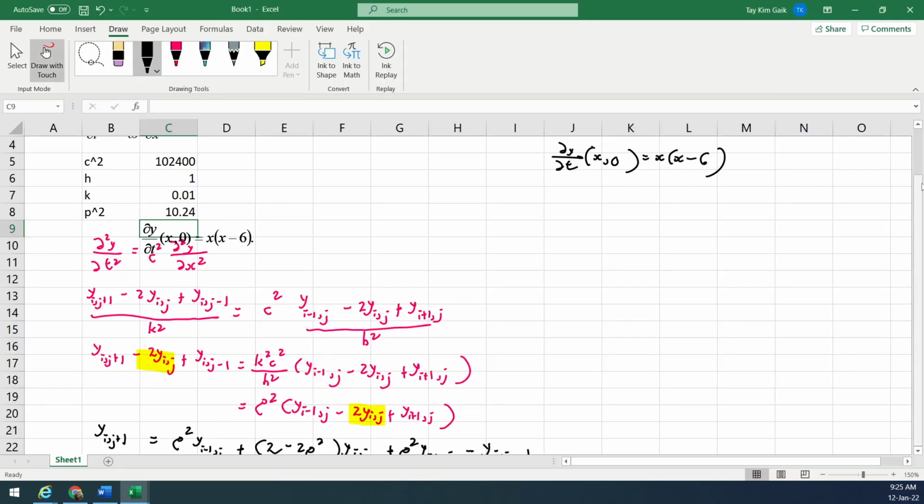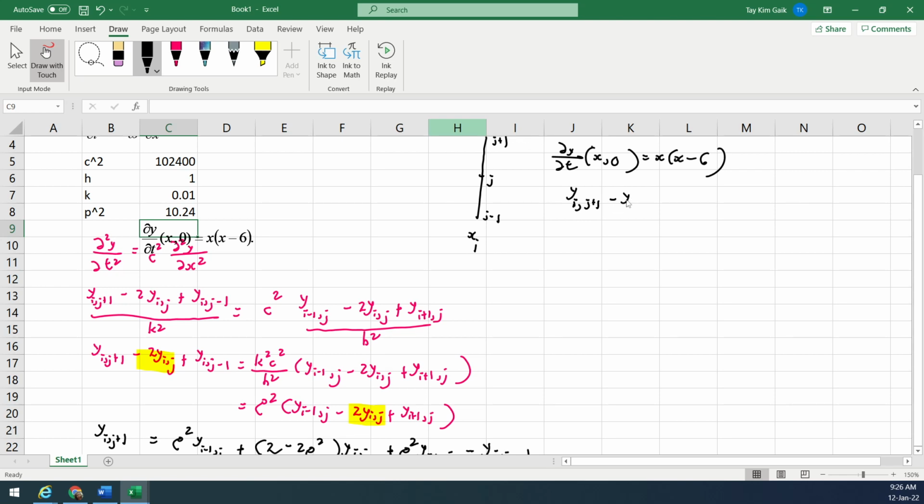Okay, and then for del y del t, this is the first derivative. Differentiate the first derivative with respect to t. In general, you actually have y differentiated with respect to t. X is constant, that's why you have yi. Let's say j, so j minus 1, this is j plus 1. This is at the point xi, that's why you have yi, j